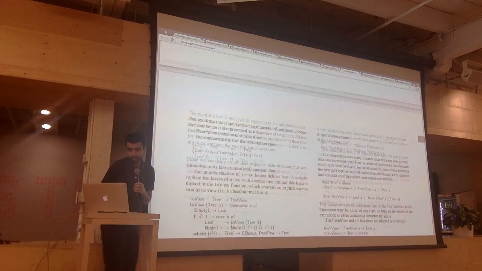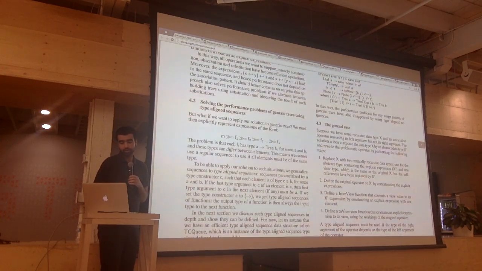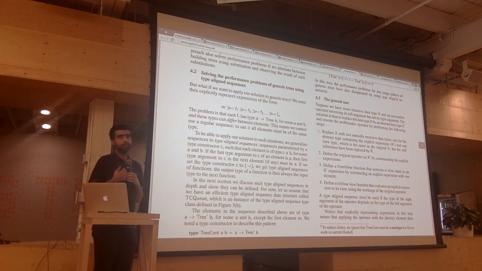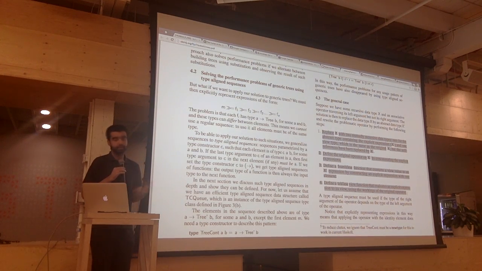So it talks about the general technique and it calls these views. The X type that I just talked about, I call that the base type, and it talks about the X prime. So this is the section where this is the essence of what it is trying to do. It says, okay, if I've got some base type, the general technique is to create a derived data type, right? Create this X prime, and then create a view type. Your view type is going to be the same as your base type previously. It's just using a different name, and it's going to reference your actual efficient recursive type.